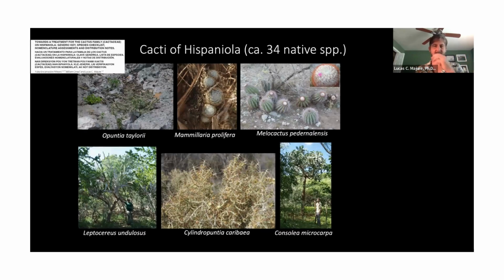So the really interesting aspect of this is that we know cacti originated on the American continent, most likely in Southern South America, and from then they dispersed all over the Americas. And so when you see these really disparate groups, Opuntia, Mammillaria, Melocactus, all of these things that are not related to one another, all in one place, it brings about the question: how did they get there? When did they get there? What were the means by which they got there? And those are some of the questions that I'm going to be posing today with regards to Melocactus.